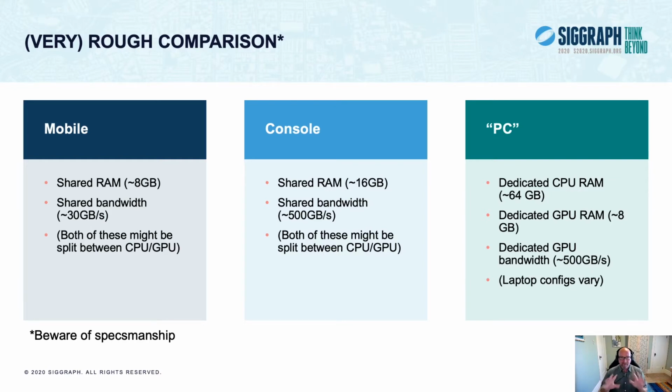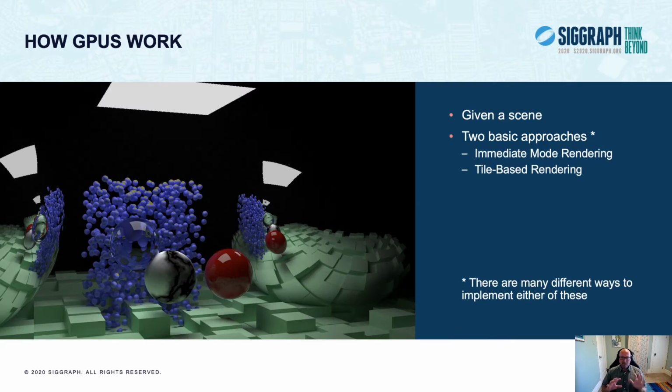It's easy to get trapped up in these raw hardware specification numbers, thus the comment on specsmanship. The available memory footprint and bandwidth that you'll experience at runtime are significantly reduced over this for reasons like power, thermals, other system overhead, and even in some cases the types of actual memory chips that are connected to the memory controllers. Now we're going to look at how GPUs actually approach work.